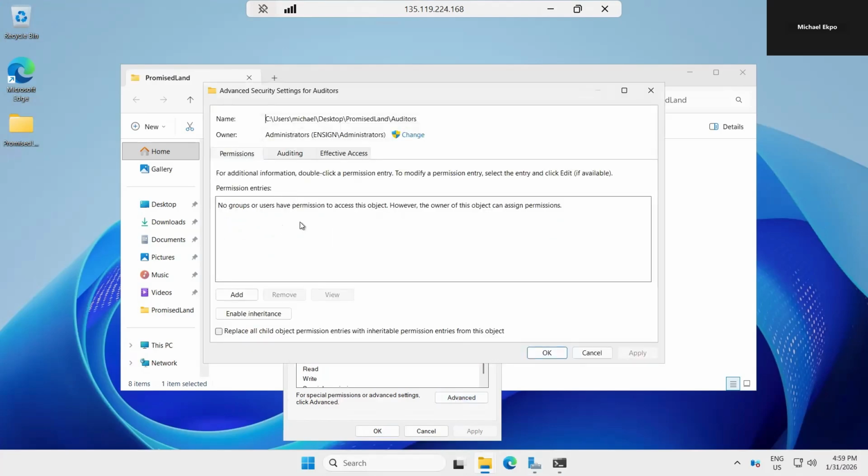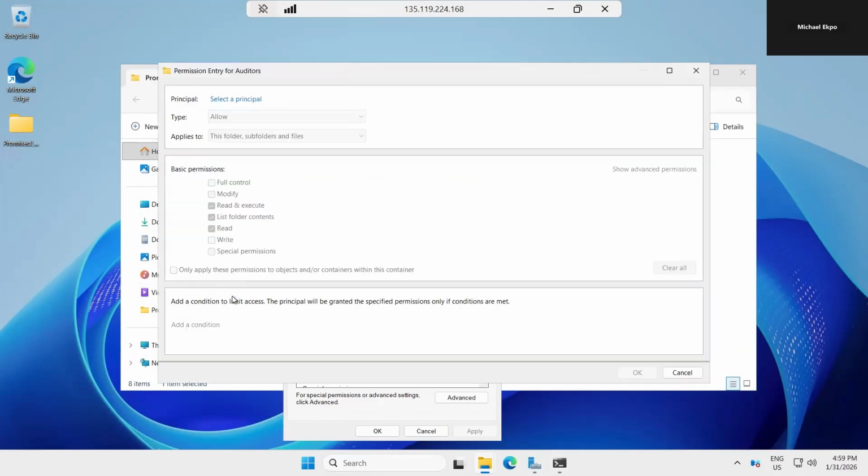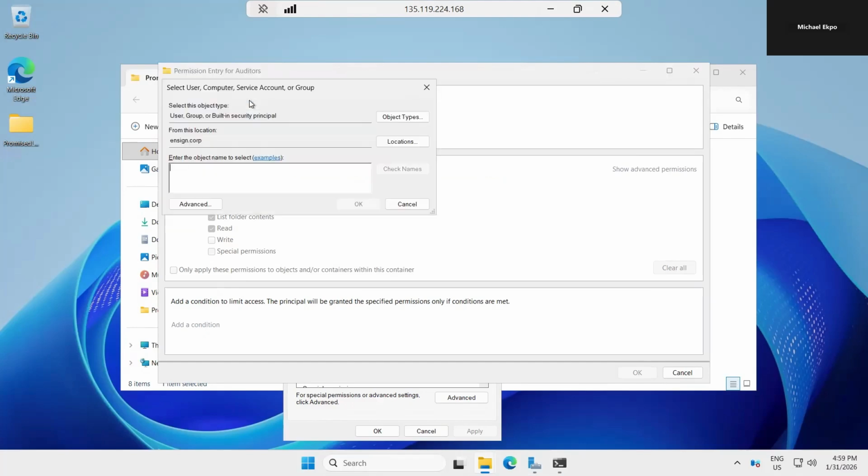So I need to assign permissions to this folder because I've already removed all the permissions that were initially there. So I simply click on add. In the auditors folder, I need to add Solly and Bruce and assign them full control over this folder. So what I will do, I have to go here and click on select principal and then type in the